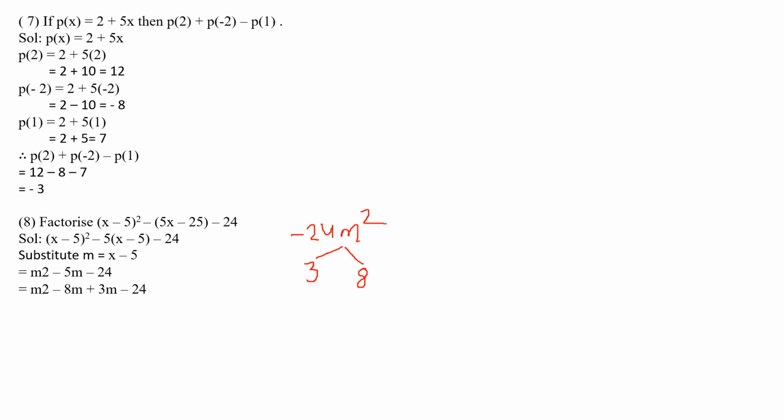So I'll put minus over here: if I put minus 8 and plus 3, so here m variable and here m. If I multiply, I get minus 24m square. And if I do 3m minus 8m, I get minus 5m. So here you put it into square. It should be this way.